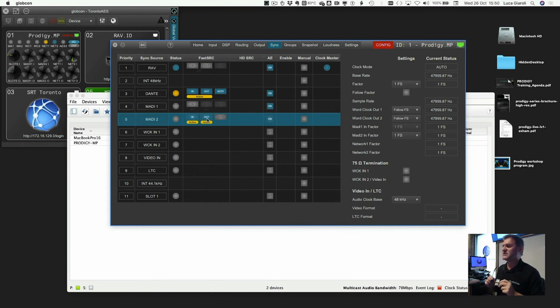Example, I decided to run 48 kHz for my own reason. Probably because the PA system is going through a digital processor which is stuck to 48 kHz, so there's no need to run at 96 in my processor, right? Or maybe the other way around. Maybe it's fixed to 96 and I'm having a 48 kHz feed, doesn't matter. So we don't match with the sample rate of the processor and one of the consoles that we have to connect. So let's say I'm running at 48 kHz and you come up with a Digico SD7 at 96 kHz